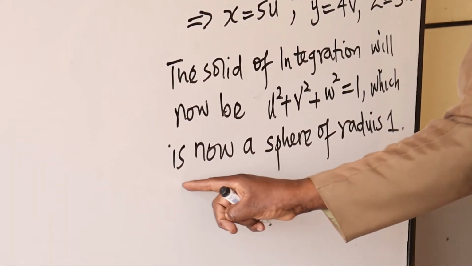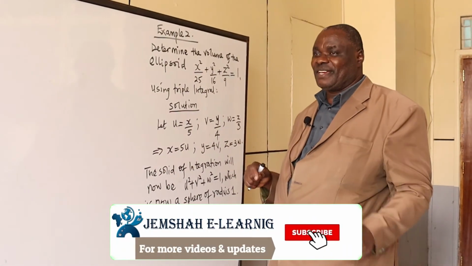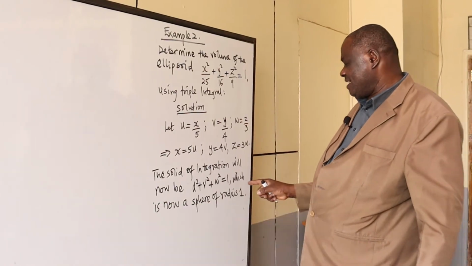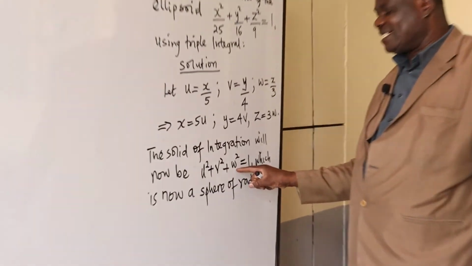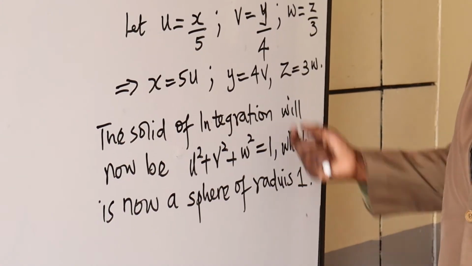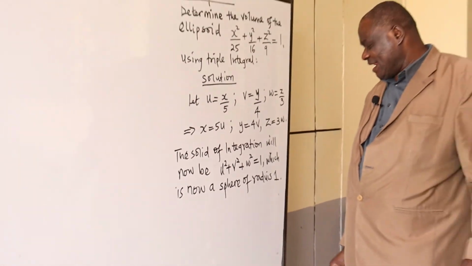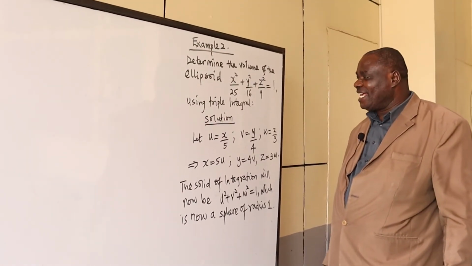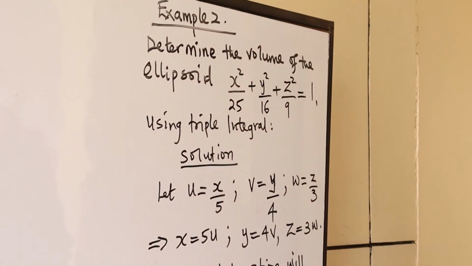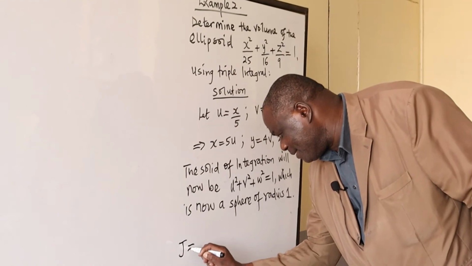When we have a sphere of radius 1, we have now transformed it to a sphere. From the sphere, now we can convert these coordinates into spherical coordinates as we evaluate our triple integral. Next, we need the Jacobian of the transformation. So our J will be equal to